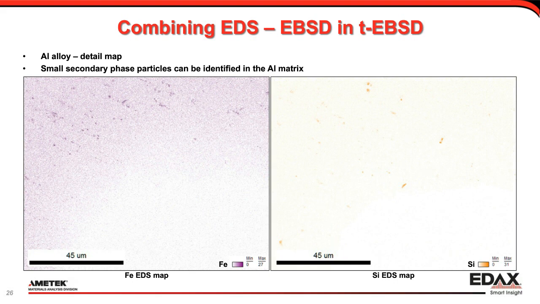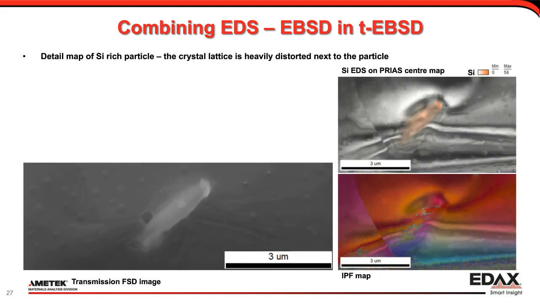Now let's take a close look at the silicon particle that sits here in the thinnest part of the sample, right at the edge of the hole. At first sight, the particle appears to be clearly different from the matrix. It is brighter in a transmission forescatter detector image on the left, and this corresponds nicely to the silicon EDS map on the top right,